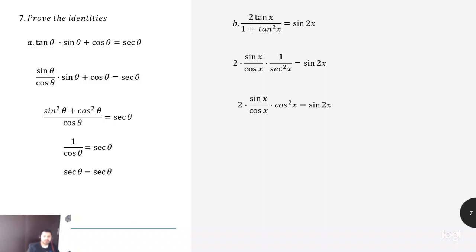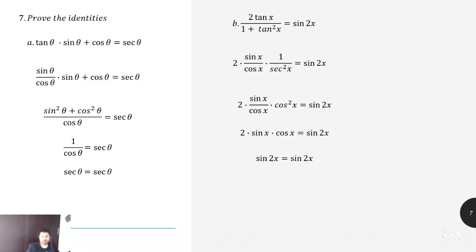After that, you already know that 1 over secant squared x is exactly equal to cosine squared. Then you can cancel one cosine because one is squared, the other is not. So then you have 2 sin times cos x